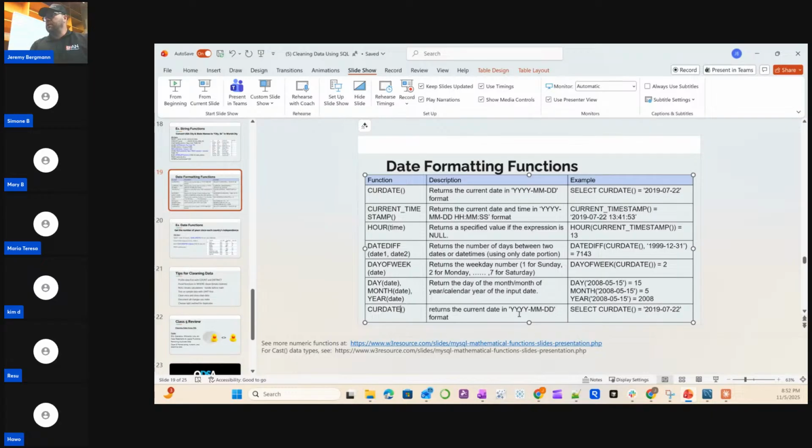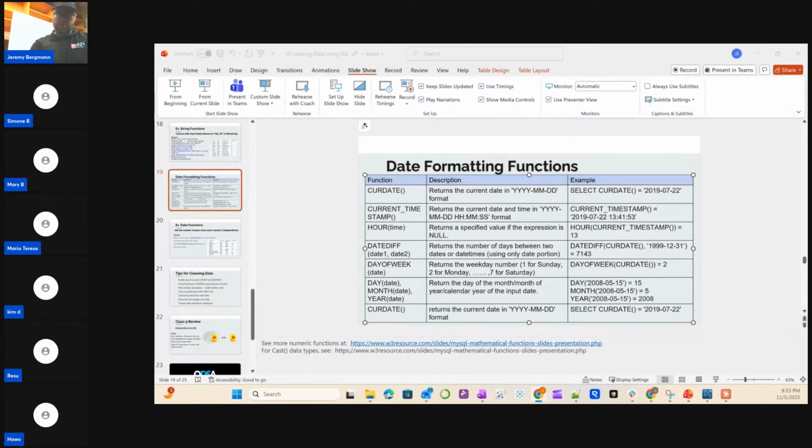If you wanted to change your date into a format other than year, month, and date, you can do that. And in MySQL, I'll tell you how to do that real quick. I believe it's a format function, like we saw with strings. So I just say